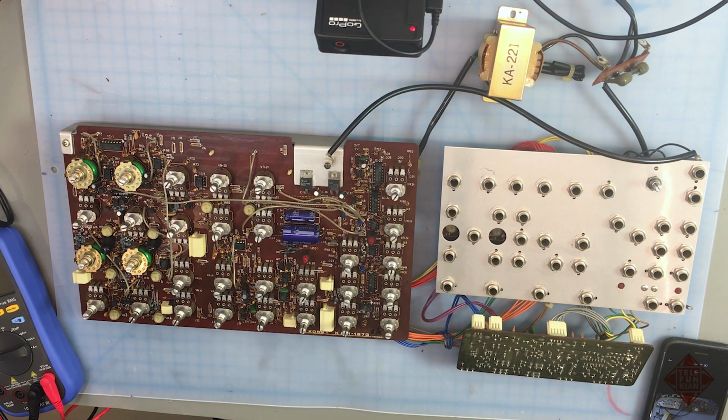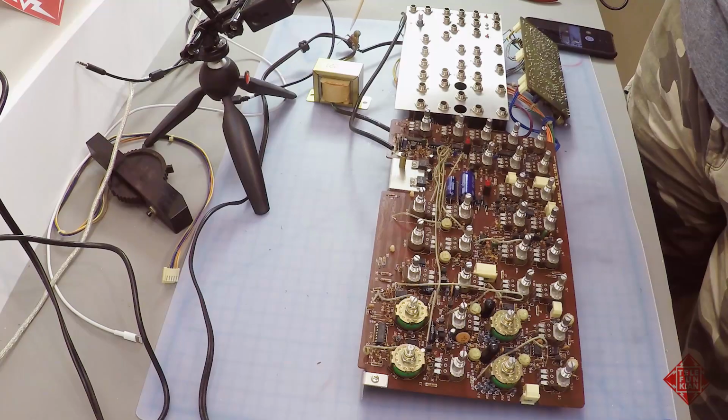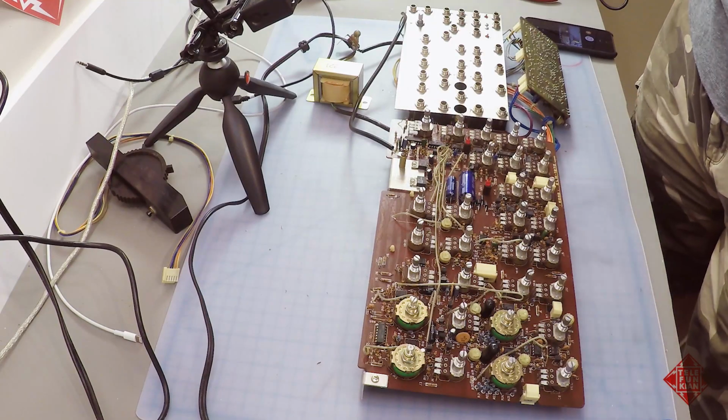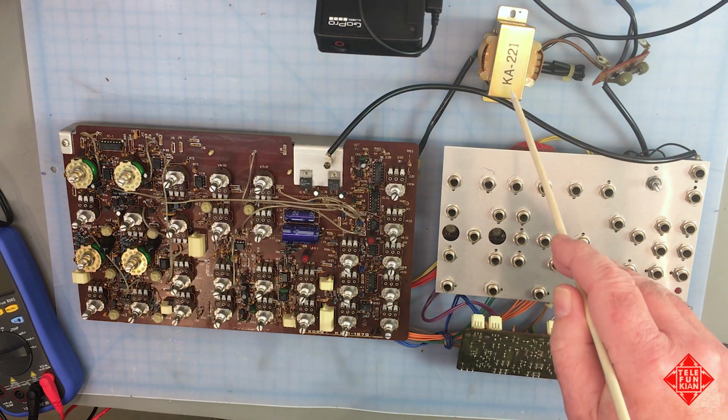So what we have here is the innards of the KORG MS-20, which have been removed from the case, the chassis, and reassembled here on my bench. And really all this is required is resoldering the power cord to the fuse connector here. And you'll recall that this is a Japanese